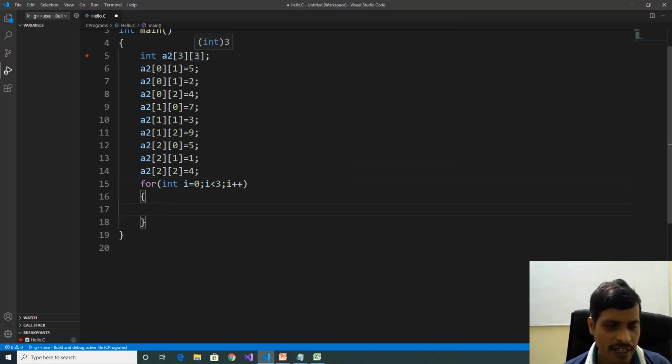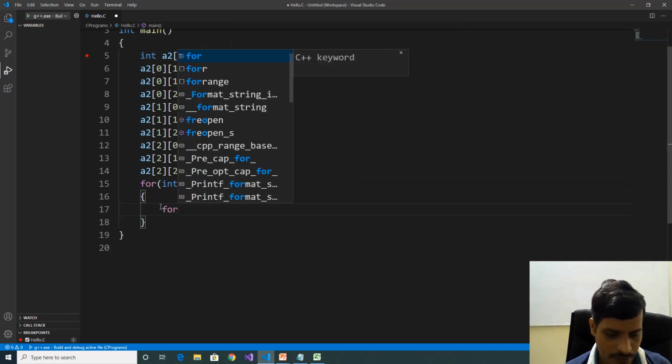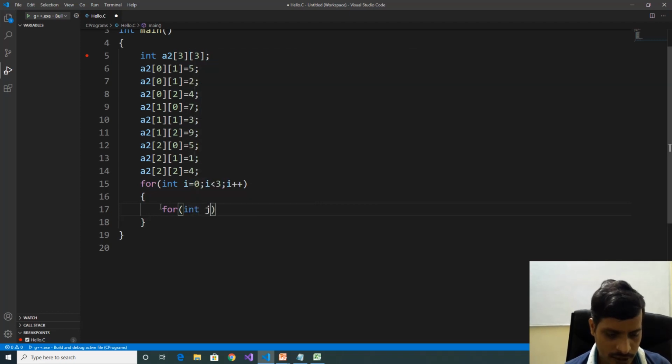To get columns, we'll write one more for loop. For int j equal to 0, j less than 3. Here size of columns is 3, we need to mention less than 3, j plus plus.